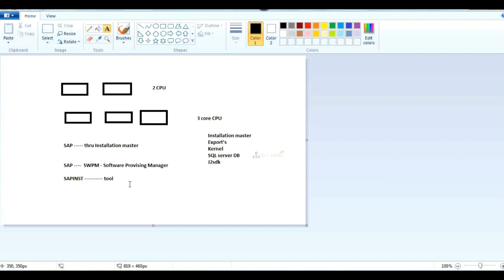For all of them we can use SWPM. Why? Because SAP has divided the ABAP stack and Java stack from NetWeaver 7.4 onwards. And in SWPM, SAP has included Business Suite also.